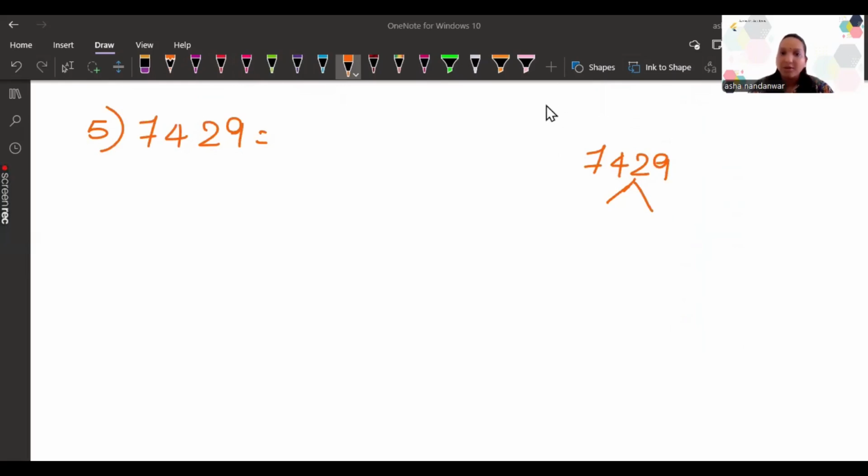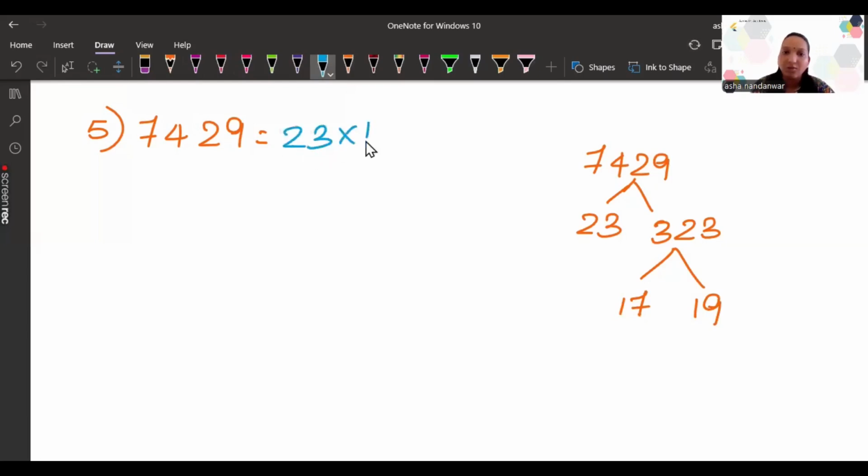Let's start with the number 23. 23, when you divide it by 3, 2, 3, you are going to get 7429. So you need to be more vigilant when you are dealing with such big numbers. When nothing is working, we can try 11, but I don't think 11 will work here. 323 divided by 17 gives 19. So these are the 3 prime numbers; when you multiply, that is 23 into 17 into 19, you will be getting 7429. A really challenging question, isn't it?